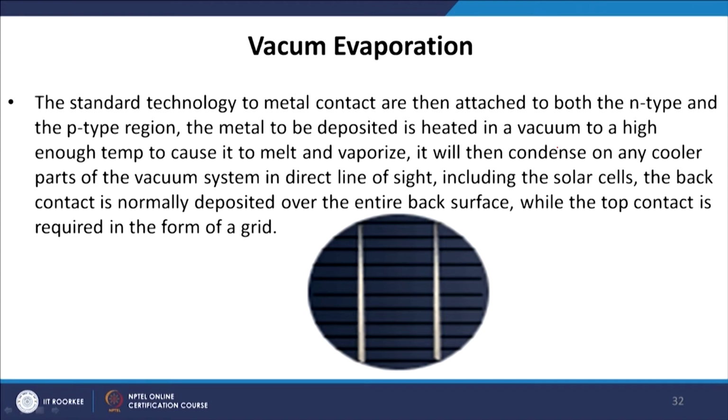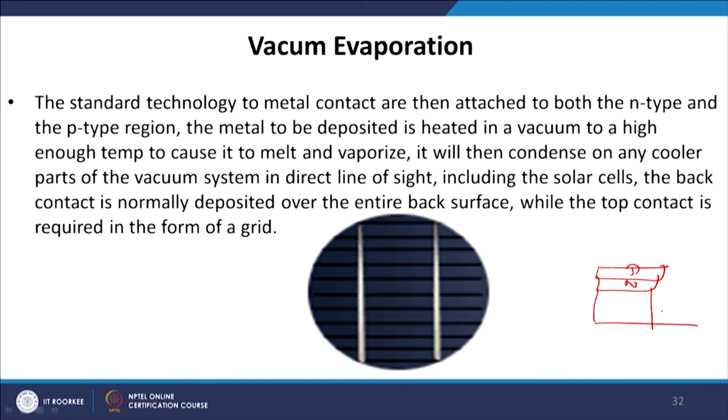So, now to complete a solar cell, what do we need? We need a sandwich type of structure. We need to have two electrodes, one is cathode, another is anode. So, here we have a silicon solar cell which is a P type and then there is an N type semiconductor, but to make the contact I have to put some metal electrode so that the electric circuit gets completed. The metal is deposited in a very high vacuum.